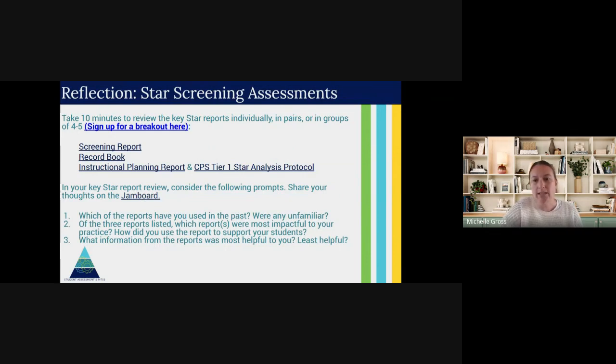I'm going to start to go over a little bit about what we're going to do here. In the chat, I am also putting the workspace sign up. We're trying something a little bit new with these sessions where you get to work in pairs or groups, or alone if you prefer, that's absolutely fine as well, to talk through these reports, to see how others are using them, and then to answer the 3 questions at the bottom. You can click on the link I put in the chat or click on sign up for a breakout here. You will be able to sign up if you want to work in groups or in partners. There are meeting links there for you.